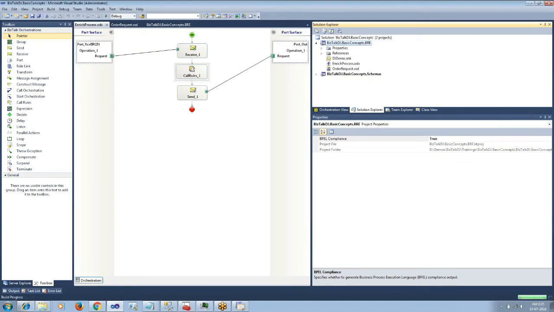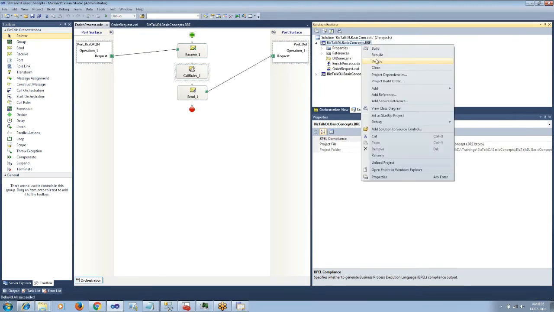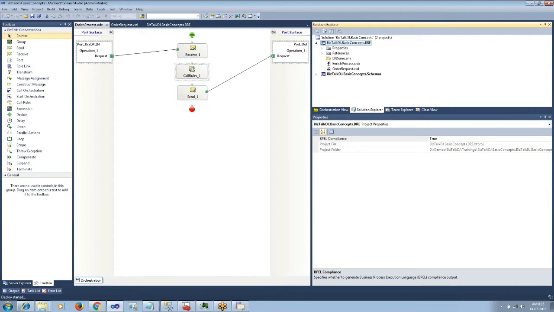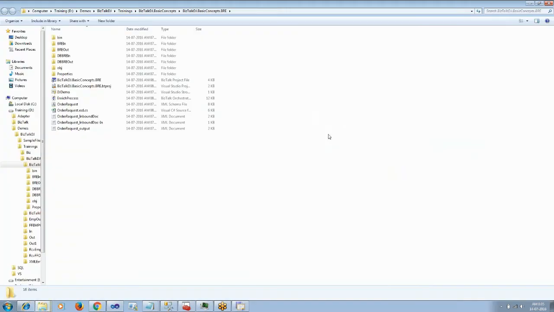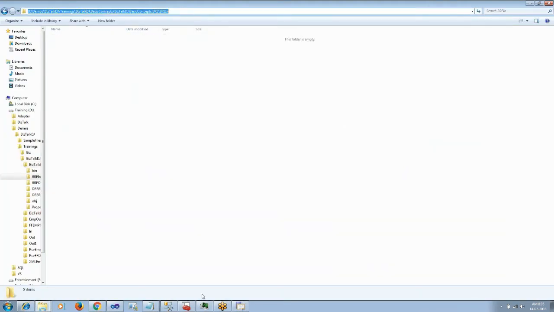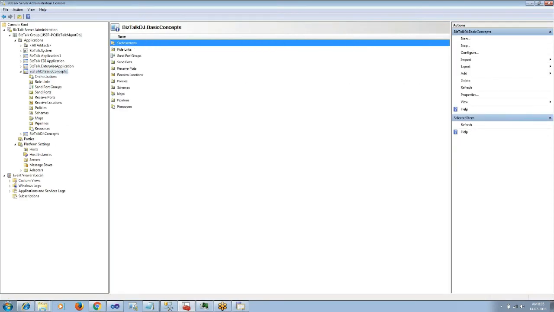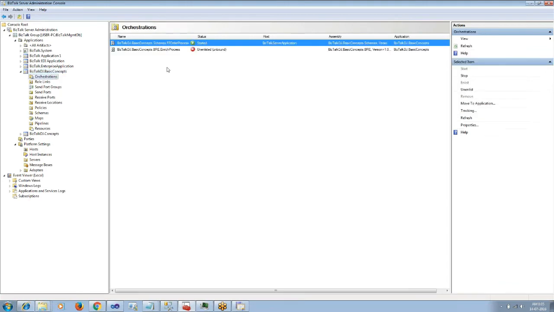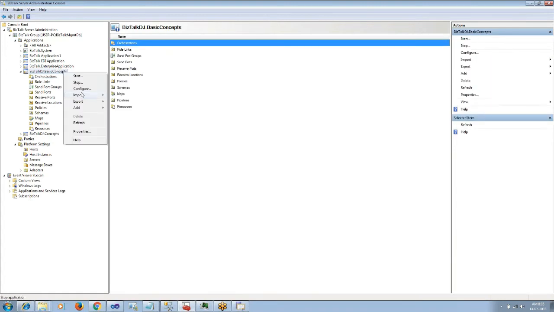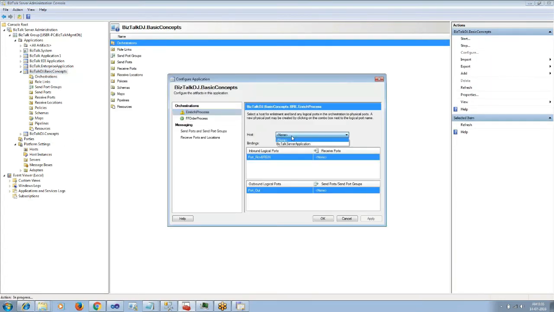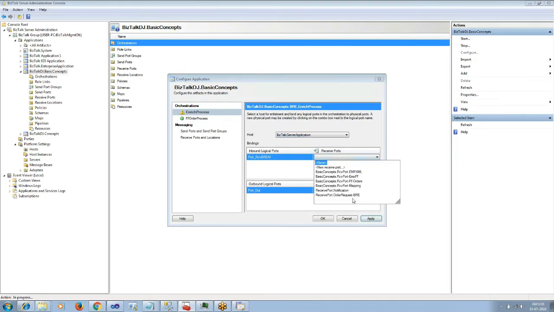Now let us build and deploy the solution. So let us configure the orchestrations.